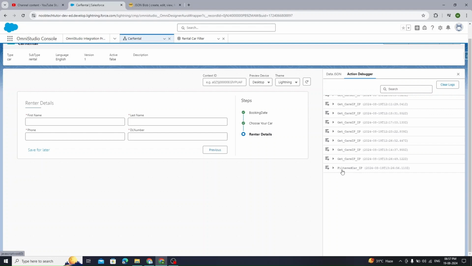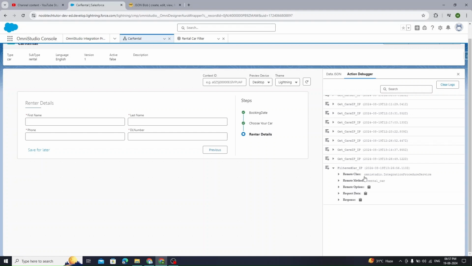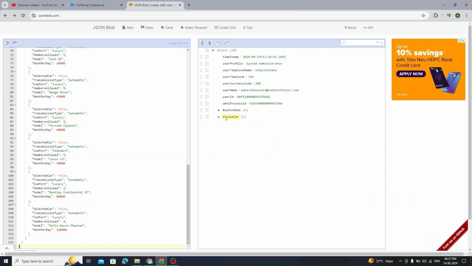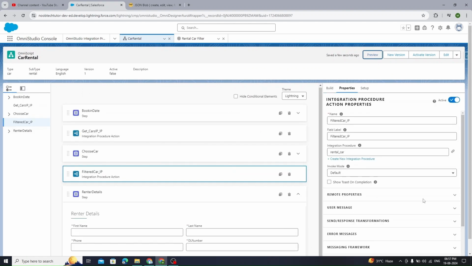We have this filtered car IP. We'll see what is being sent as an input, and for that we need to see request data. We'll copy this, and it is actually sending everything. However, we configured it to pass